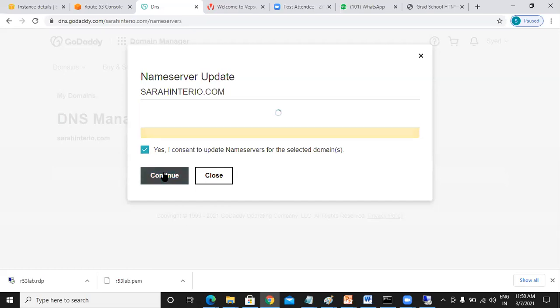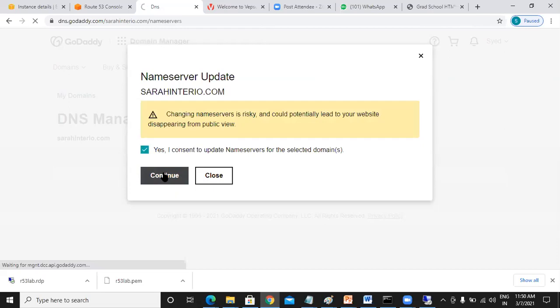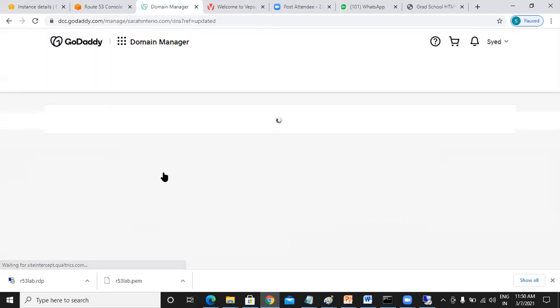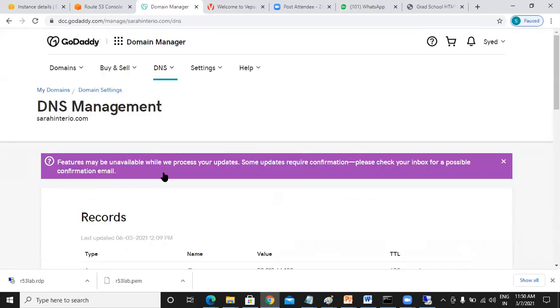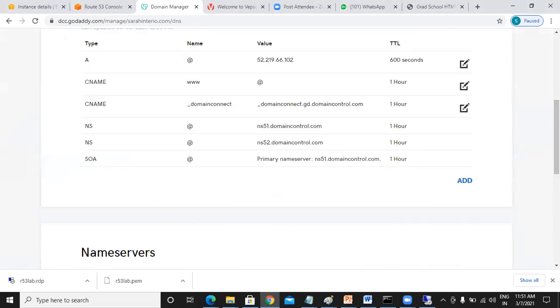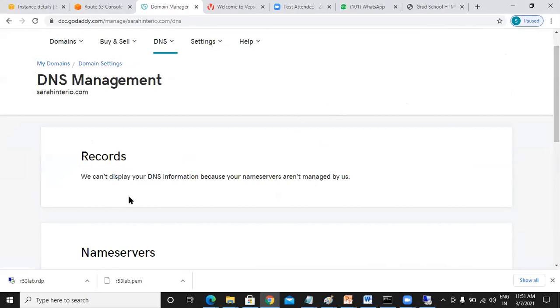So now what's happening is that my name servers are pointing to Amazon Route 53. Okay. Which means that GoDaddy will not manage my DNS because now Amazon is managing. So GoDaddy will not have an option to manage my name server. Scroll down. So what it is saying now? Can anybody read this?